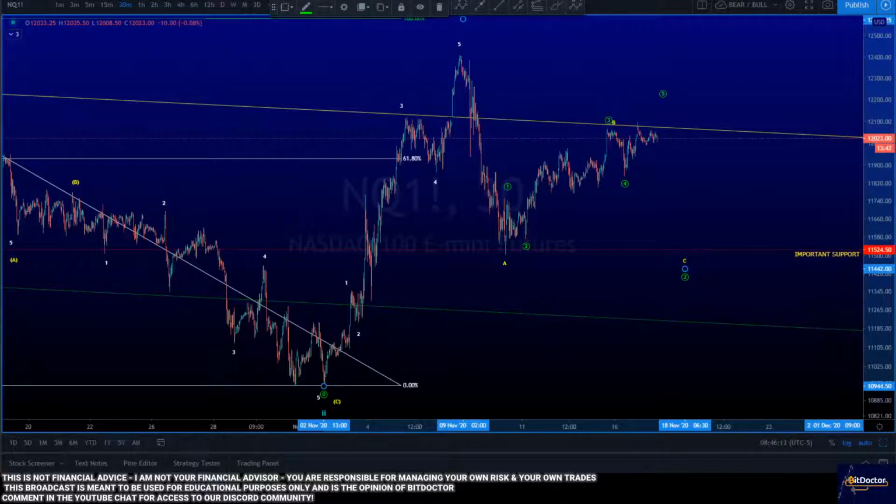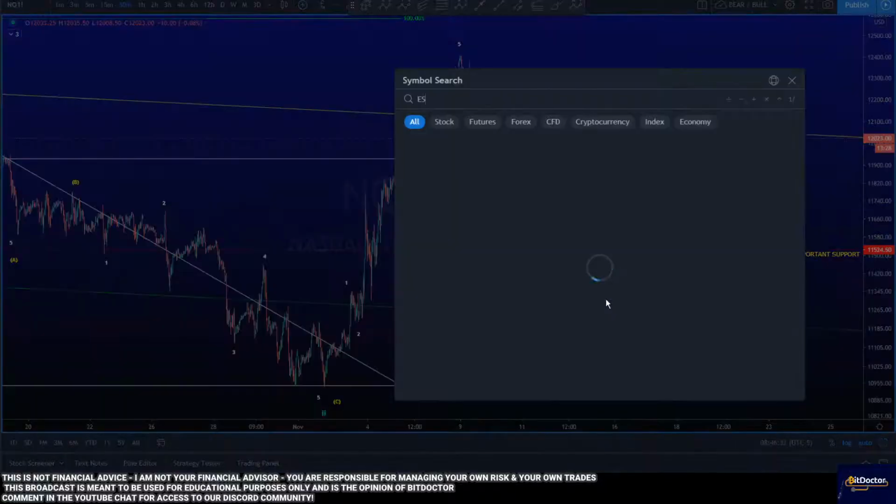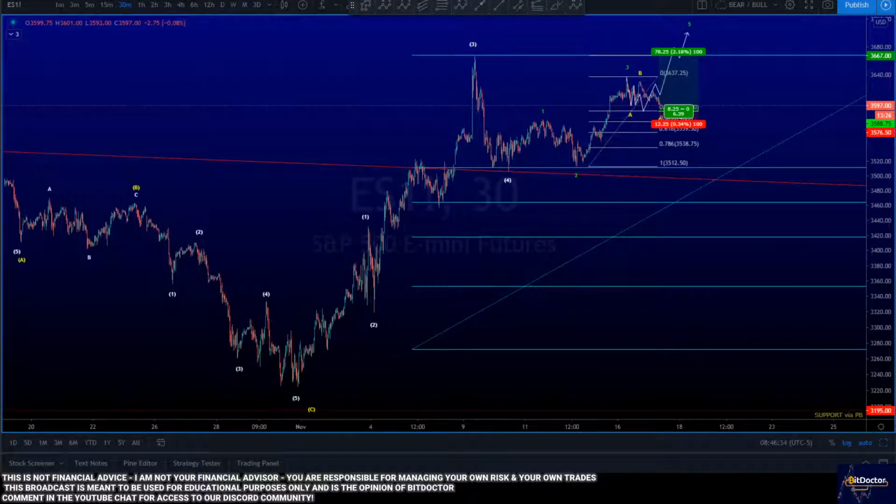Okay, so that's quite a lot. I'm going to take a look at max pain on SPY, which I'm going to be taking a look at the 20th of November. Now, keeping in mind that is Friday. All right, so what is max pain for SPY on Friday? All right, let's go back to the ES1 chart, knowing that we have